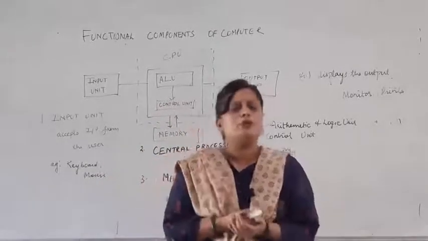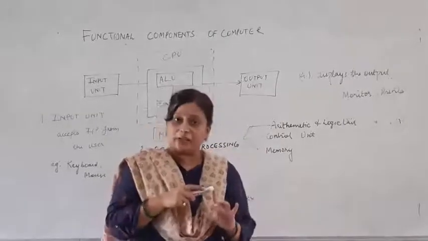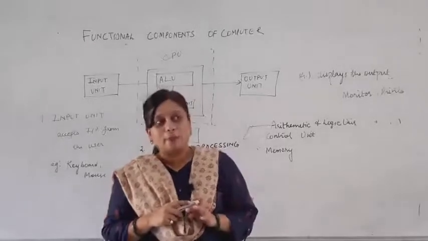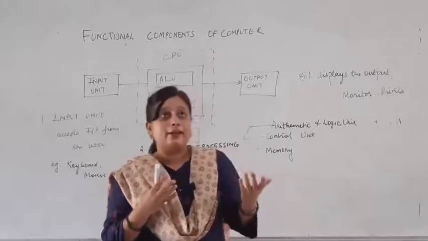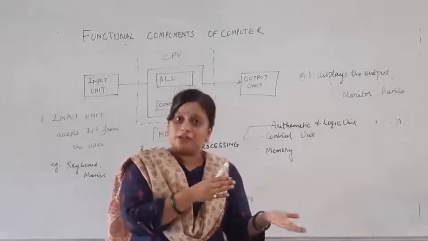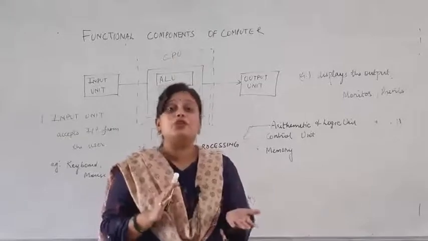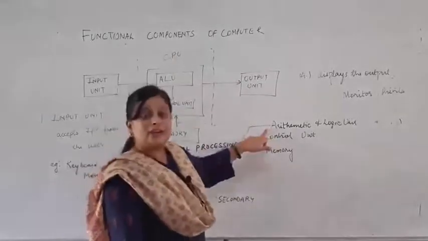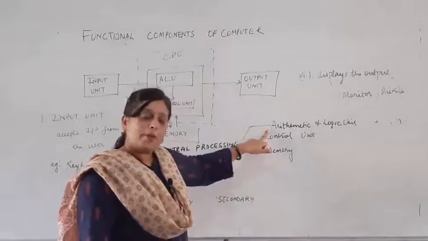Means whatever input you have supplied, the operation that you would be performing would be either arithmetic, like 2 plus 3, or it would be logical in nature. Logical operations are like the comparison between two numbers, like whether 2 is greater than 3 or not, or is it equivalent to, means it is based upon the conclusion of true and false scenarios. So, the arithmetic and logical unit performs the basic arithmetic and logical operations.